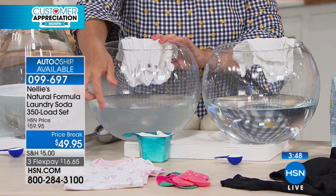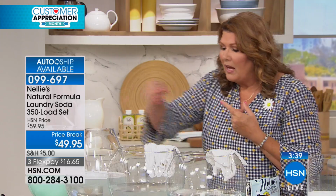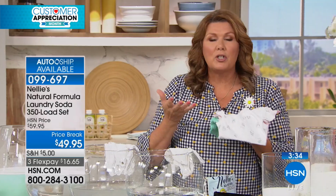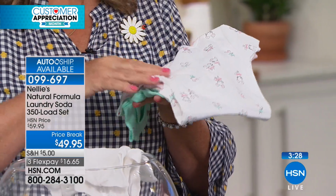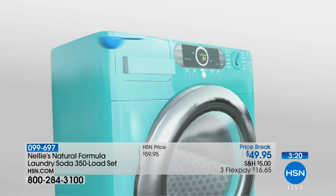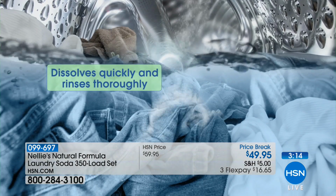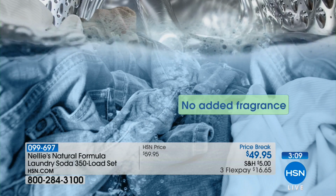When I say that detergents leave deposits, they're actually made to do that. They're actually designed to do that, to leave deposits in your clothes. Well, think about that. If your baby clothes are full of the chemical residue, the deposits left behind by detergents, that's going onto your baby's skin. Or it's your sheets, or your towels, or your jeans, or your yoga pants, or the kids' soccer uniforms. Virtually every fiber of every garment, of every towel, of every sheet, of every pillowcase, if you're using detergents, those detergents are designed to deposit chemicals into the fibers of all that fabric, everything literally that